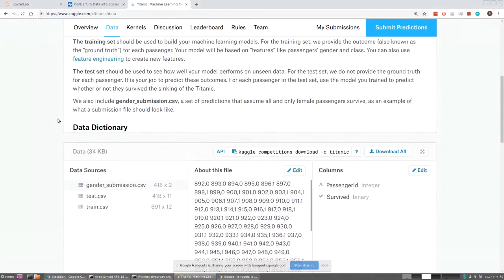Okay, so before we go into that, just a little bit of theory. So how most machine learning algorithms work is